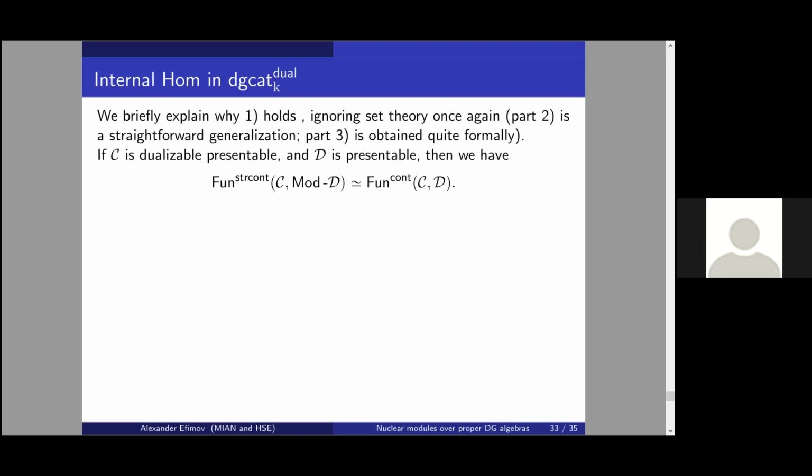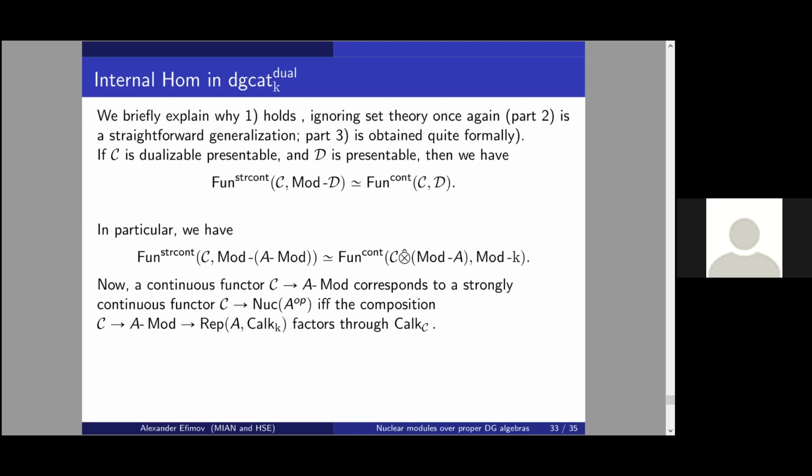So the argument for part 1 is the following. You have some non-standard adjunction here. If C is dualizable presentable and D is presentable, then a strongly continuous functor from C to modules over D is the same as a continuous functor from C to D. And in particular, this allows you to express strongly continuous functors from C to modules over left modules as continuous functors from C tensor Mod A to Mod K. And then you need to figure out, for a continuous functor from C to A modules,